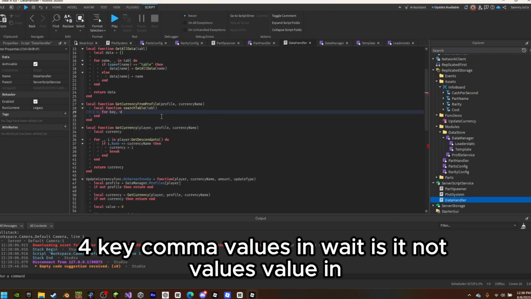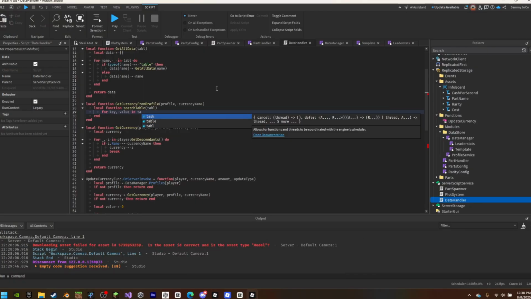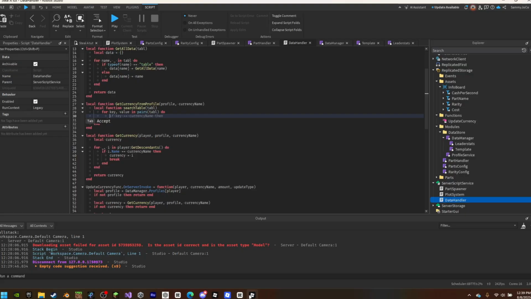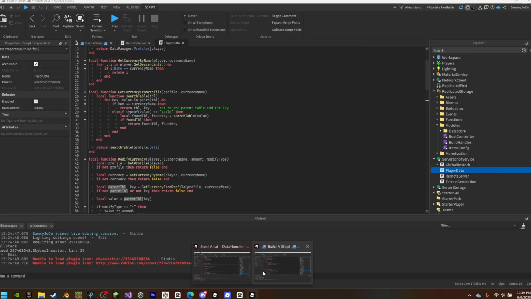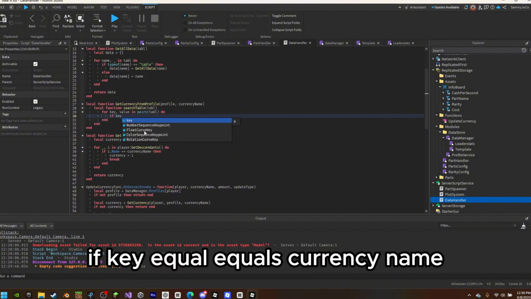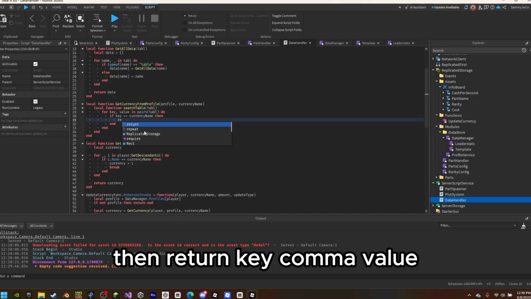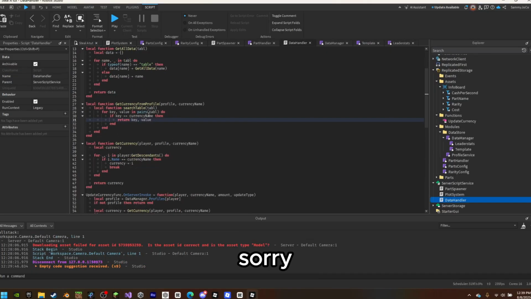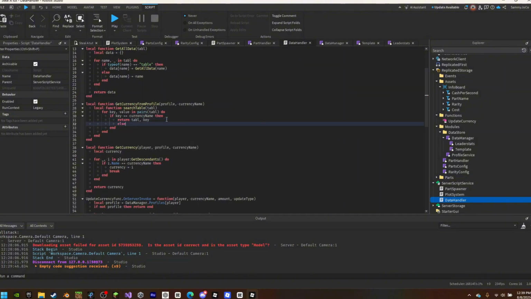For key, value in pairs table do, if key equals currency name, then return table, key. Else